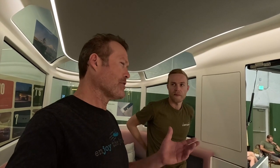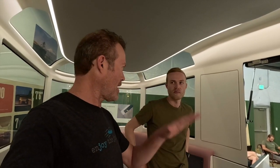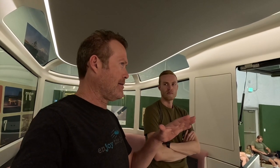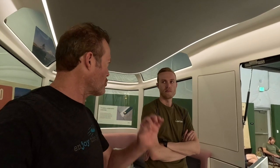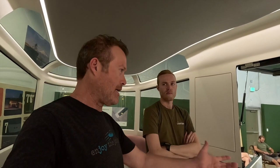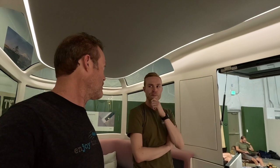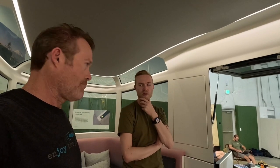Well, I wasn't too sure about this being a full-timer's RV, but now that I'm in here and I look at all of the storage, and just making it such a cheap way to travel for a full-timer. Mm-hmm. And then you get all this space when it's fully deployed. I think it's a great option. I think it is. And especially for a couple, if you're just two people going out full timing,